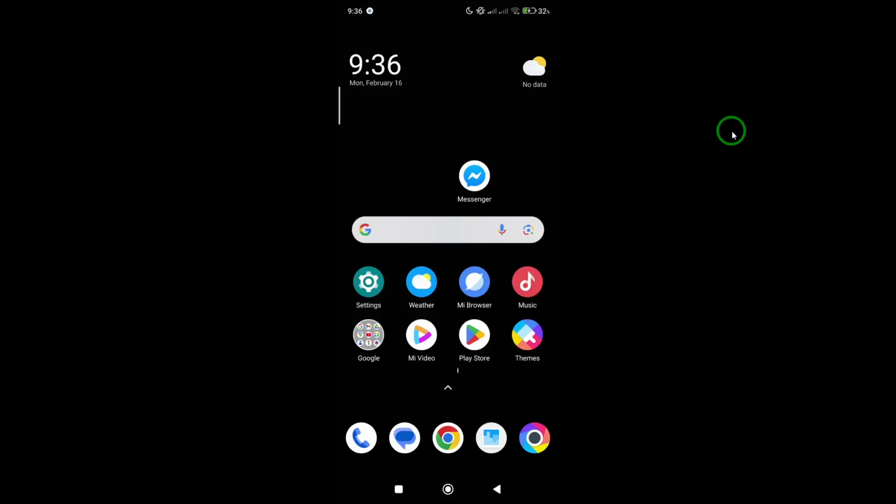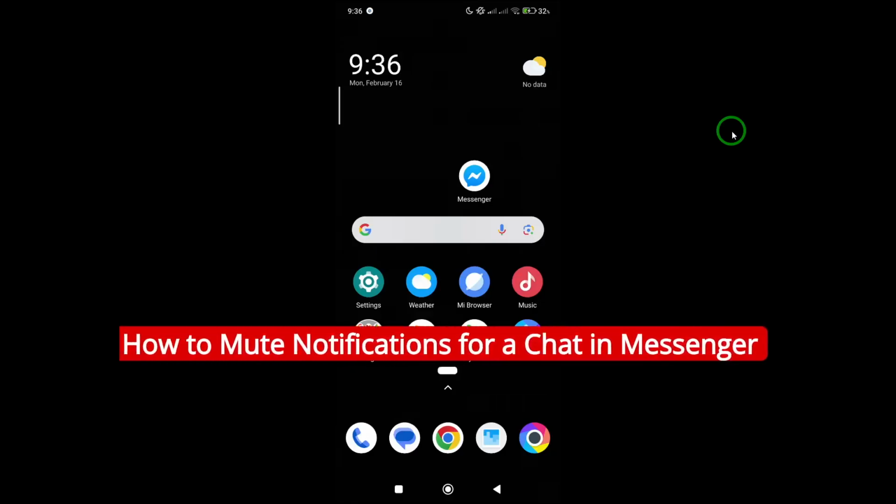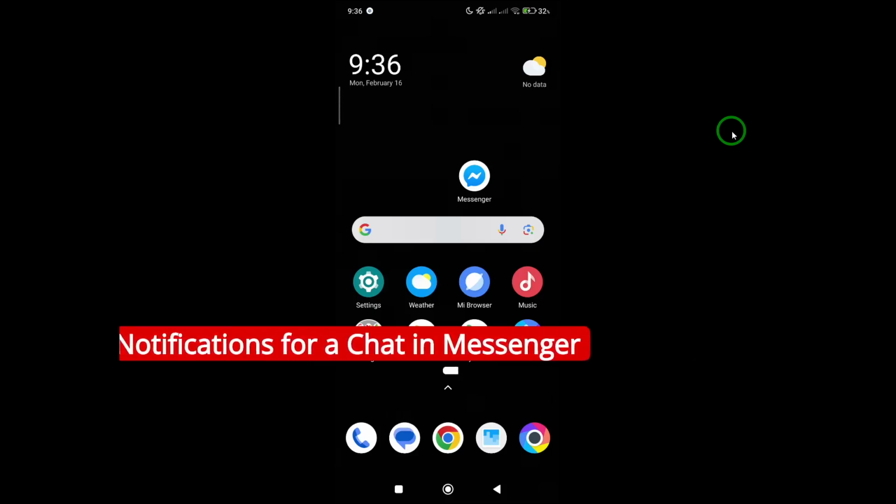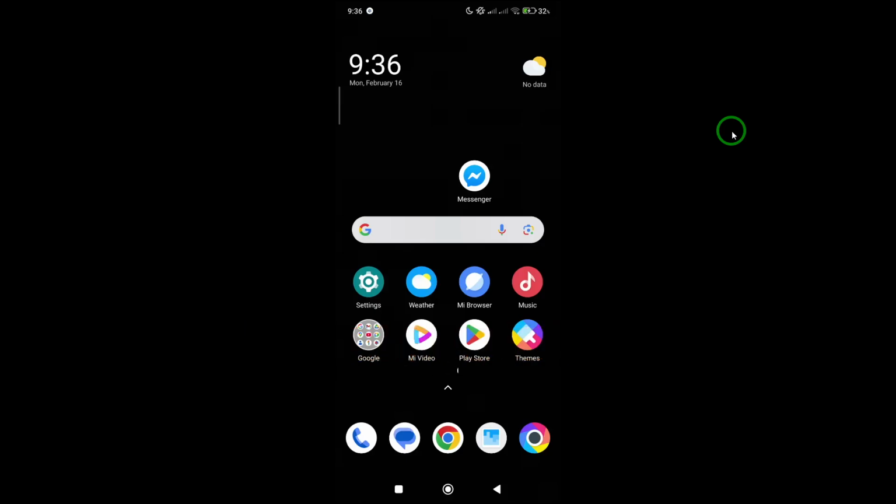Welcome to this quick guide on how to mute notifications for a chat in Messenger. Updated and easy to follow. If your phone buzzes every time someone sends a message, this trick will help you reclaim your focus without leaving